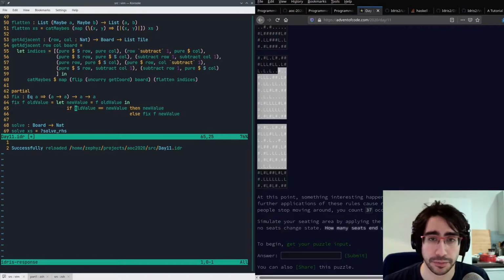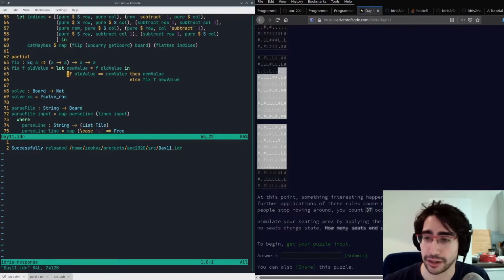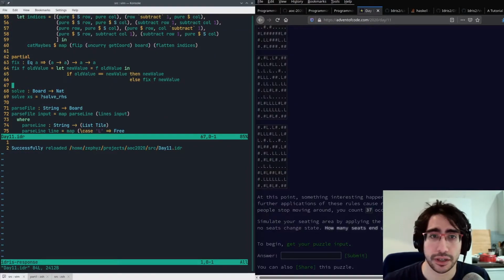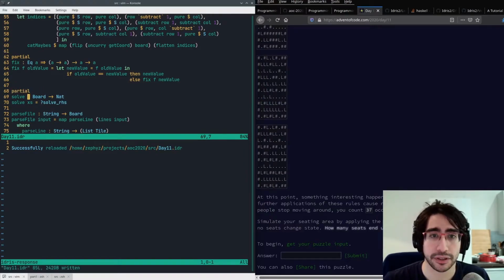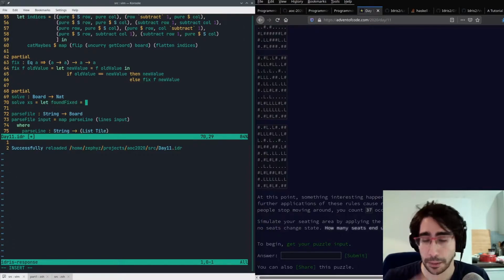Because this might just loop forever. You don't know. Does it compile? Yeah. So now what we need to do, so this will be partial. So the solution is to find a fixed point. Let found fixed. And this is fixed of